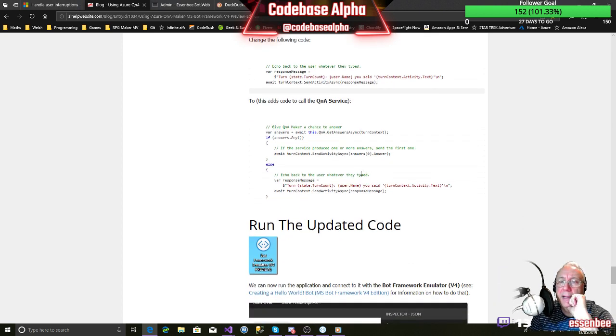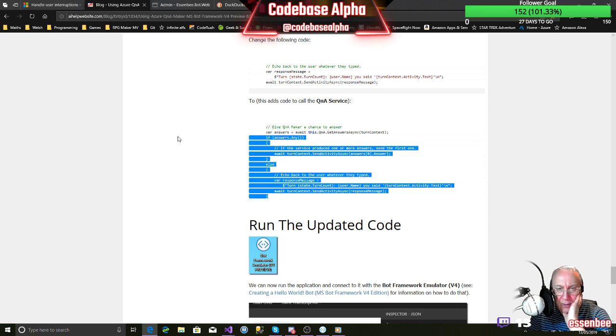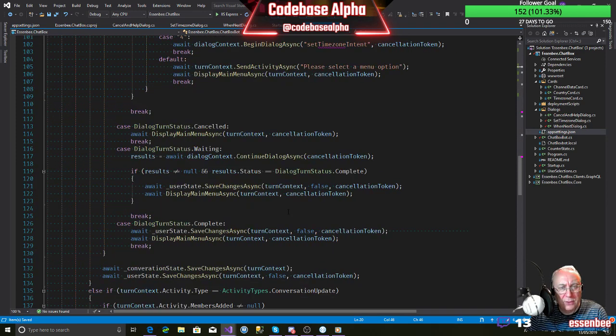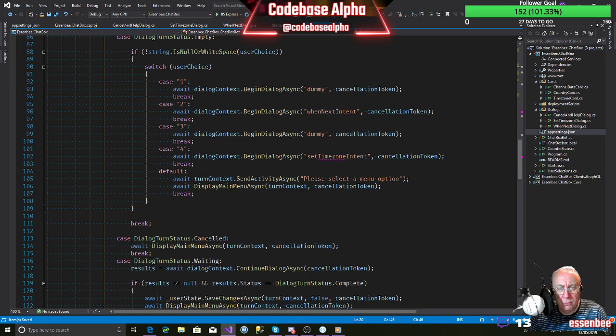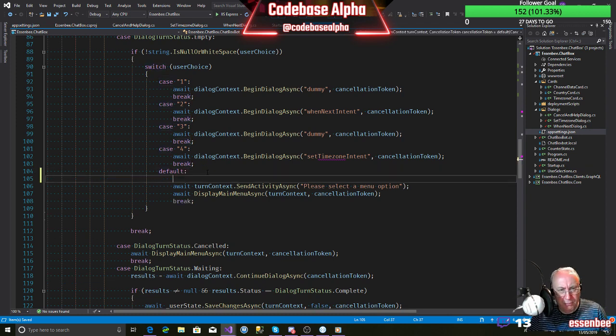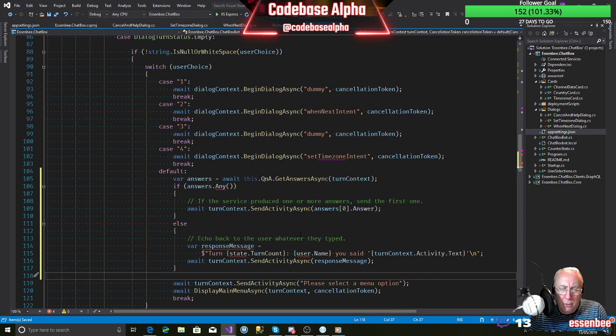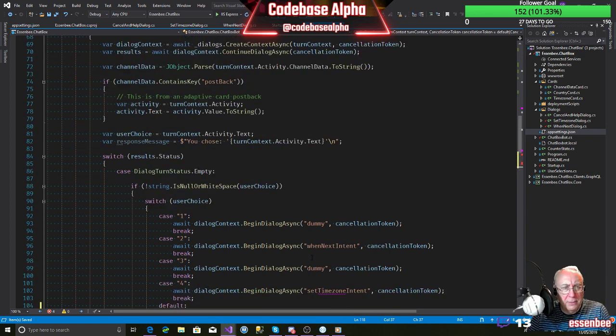Okay, so this is where they're adding in the give Q&A maker a chance to answer the question. So okay, well, let's just pinch this piece of code for now. We'll have a play with that. So what we want to do is, now we'll move this out into its own method at some point, but what we want to do here,